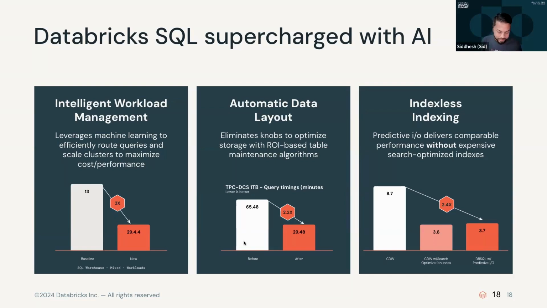of time. I remember back in the day, you needed to figure out how much compute you need to run the job, and every time if the job ran for longer, then you needed to add more compute. With intelligent workload management, you don't have to do it. Databricks data warehouse has the capability to manage your workloads, so you are not worrying about, okay, if I'm running a larger job, do I need to add more compute? No, you don't have to do those, and that has significantly improved, and we are able to manage workloads 3x faster than how we started previously.